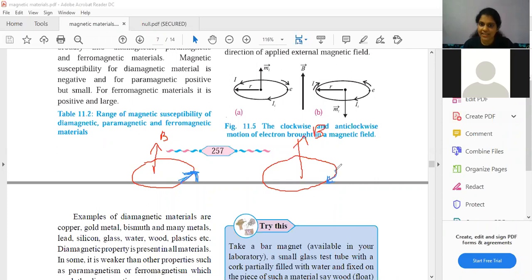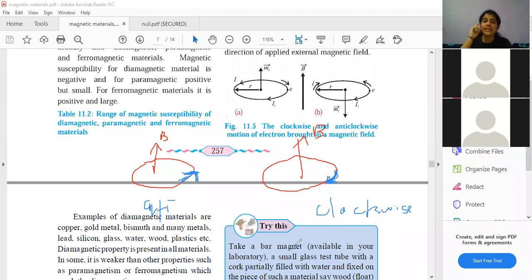Students, you are understanding the diagram, right? This is a wire loop which is kept in an external changing magnetic field, and I have indicated the direction of that magnetic field. There are two scenarios. Scenario A is when the current is moving, the induced current because of the external magnetic field. In scenario 1, it is in anti-clockwise direction. In scenario 2, it is clockwise. I'm not able to write it with the cursor, but please understand. You are understanding the diagram, right? Please let me know. Yes, ma'am. Okay, please note it down.